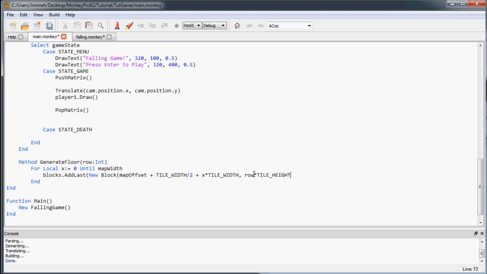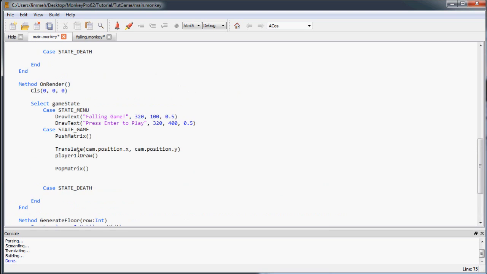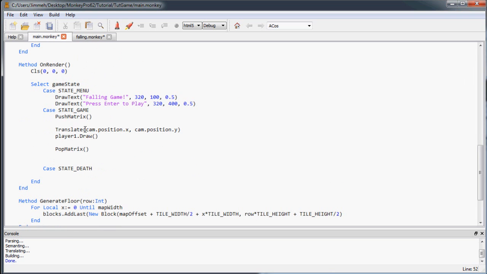So that'll give us a 0 for our first row, or if we pass in a 0 here, we'll get 0 as our Y position. So we want to add, once again, the tile height divided by 2 to center our tile inside that row. So that will handle that. And let's go ahead and close off this generate floors method, and then we're going to go back into our